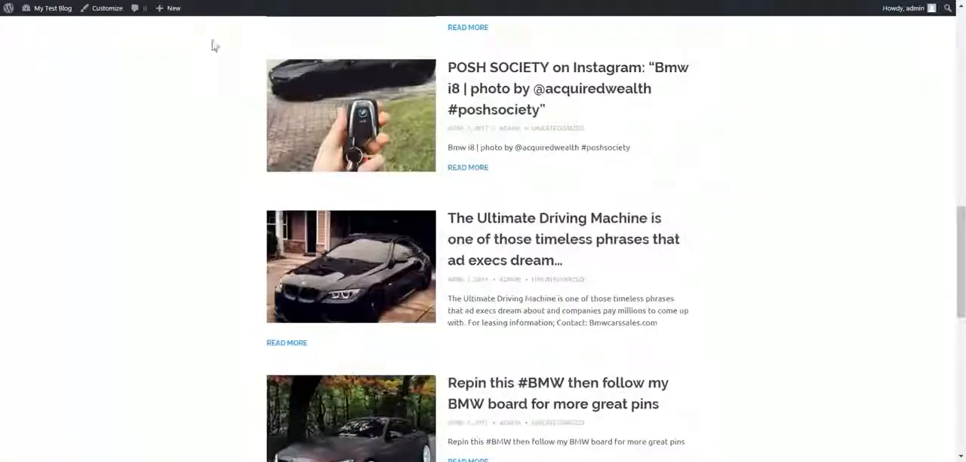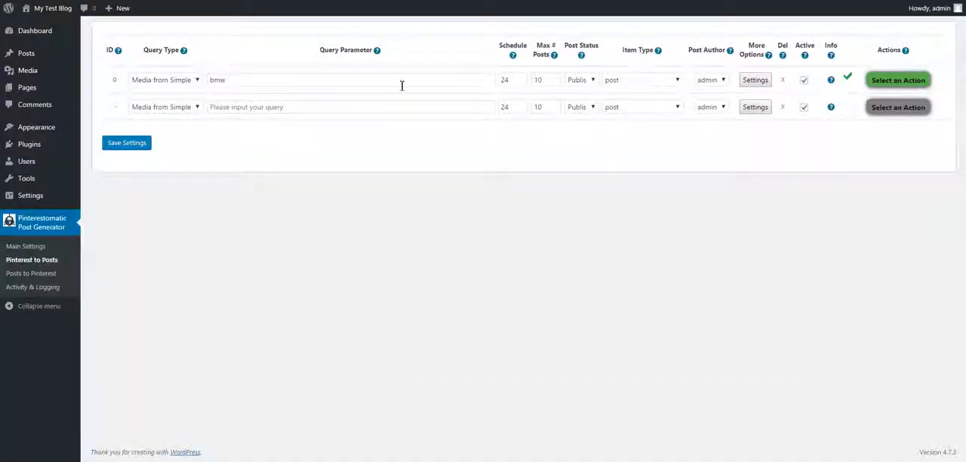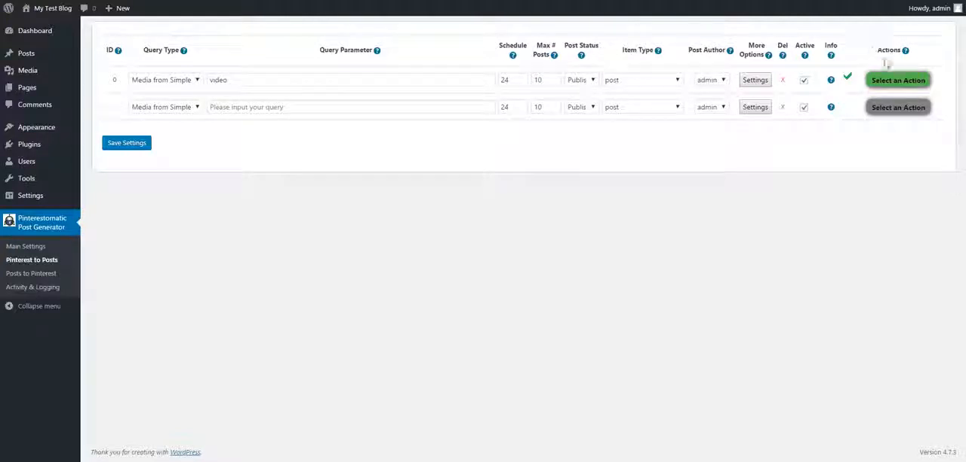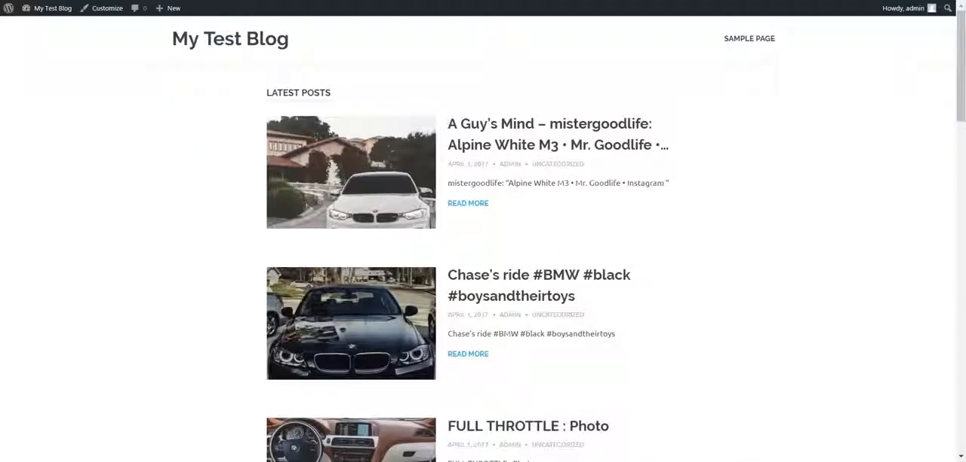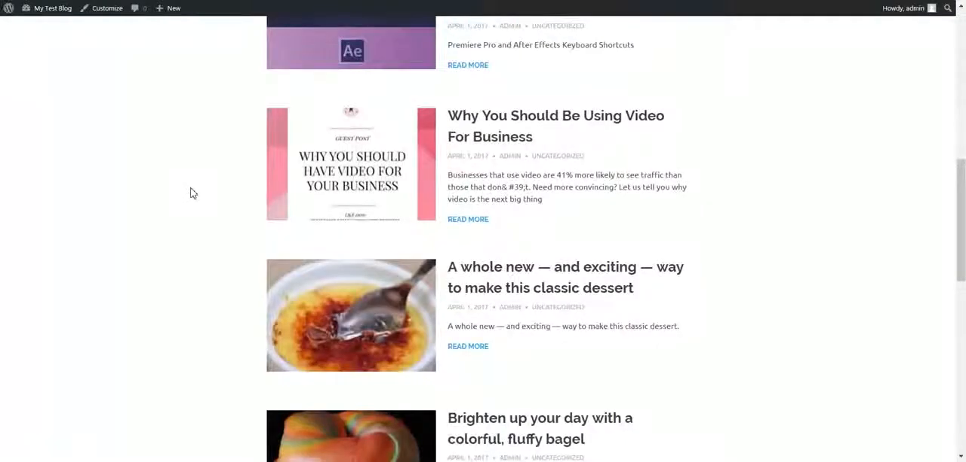Okay, what I want to show you is that this plugin can import also videos. Let's say search for video, delete all generated posts with BMWs, and run this rule again. So if we refresh now our blog, the BMWs are gone,